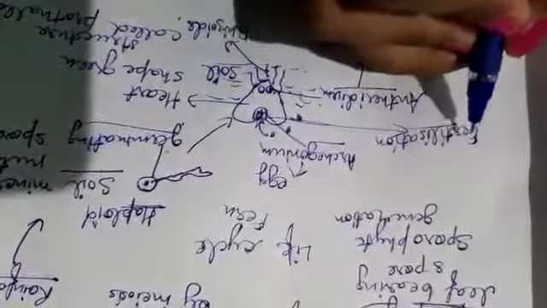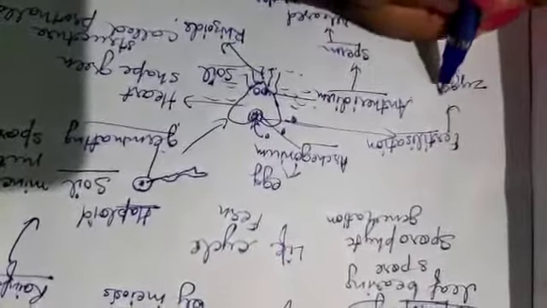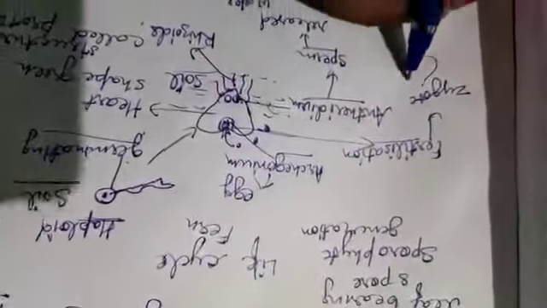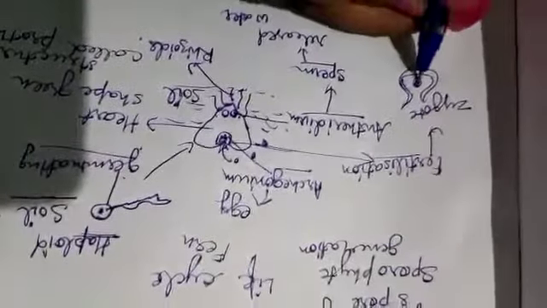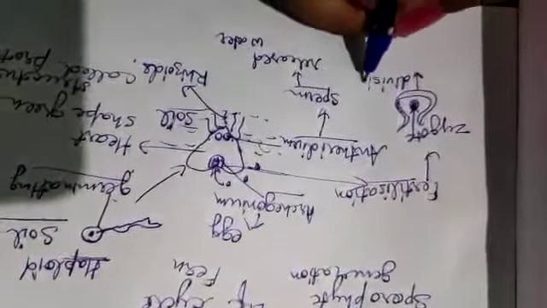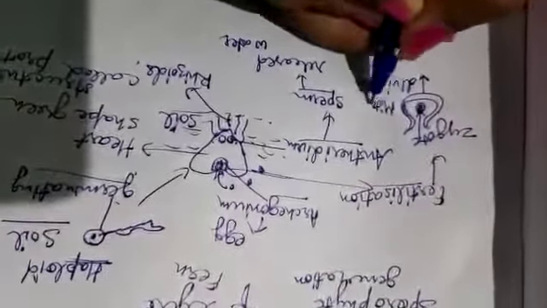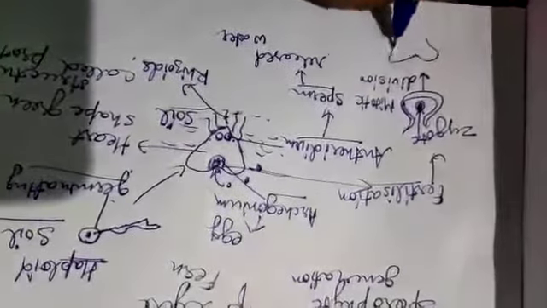And here the zygote is formed. After fertilization, the zygote is formed inside the archegonium. If this is an archegonium and the fusion has occurred here, this is the zygote. The zygote then undergoes division, mitotic division, and from the heart-shaped prothallus